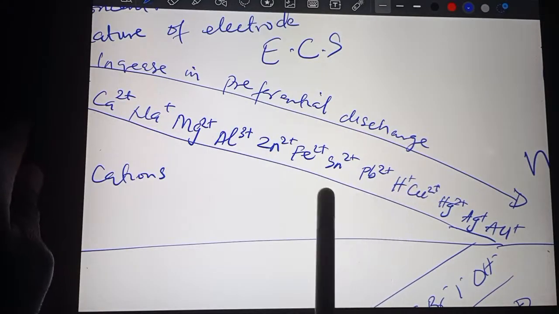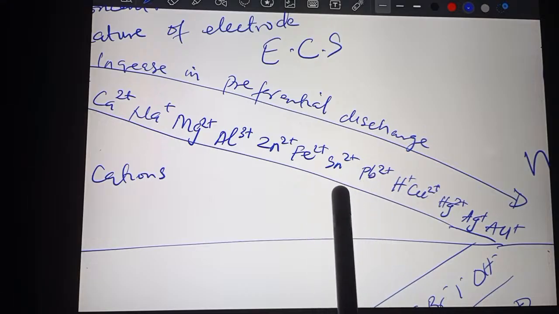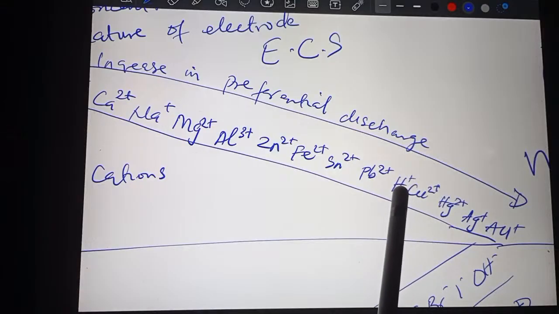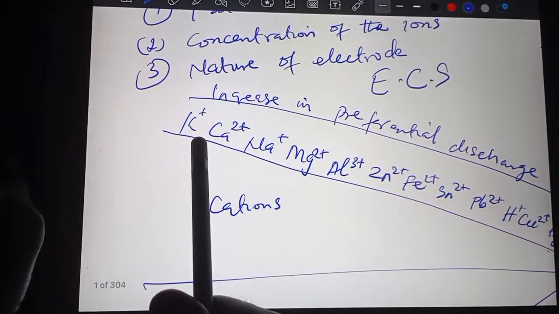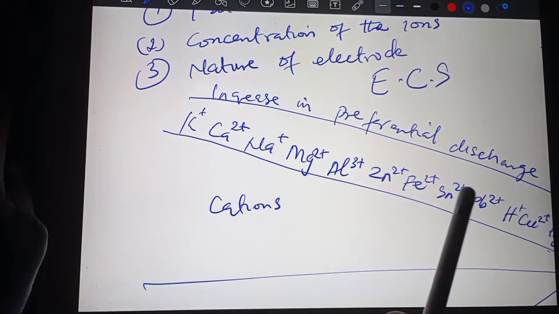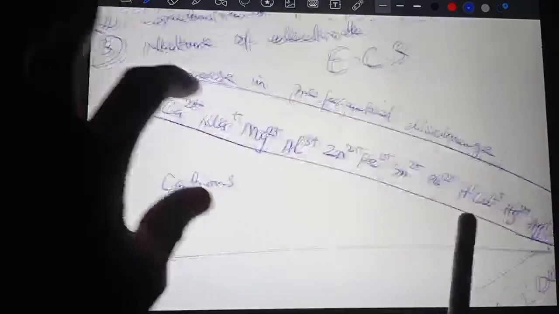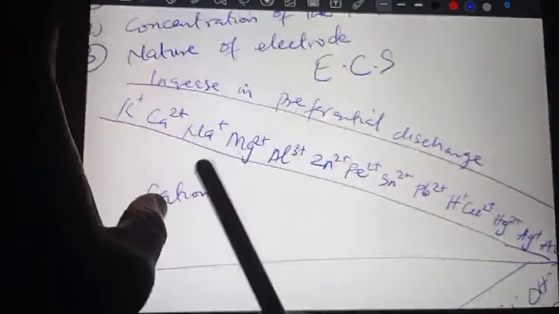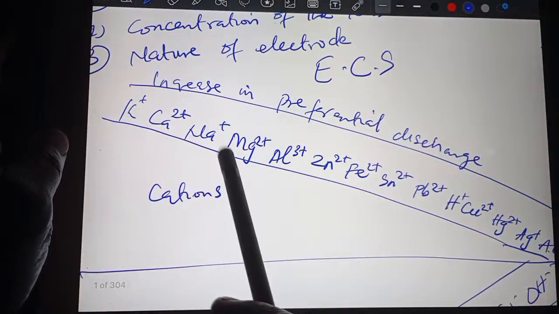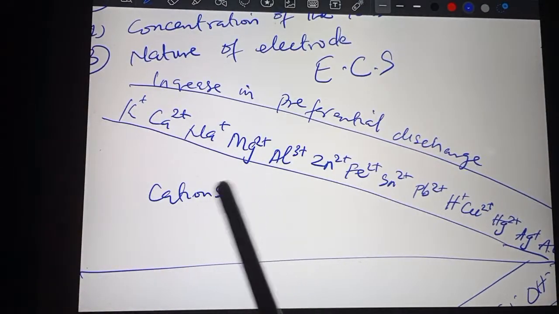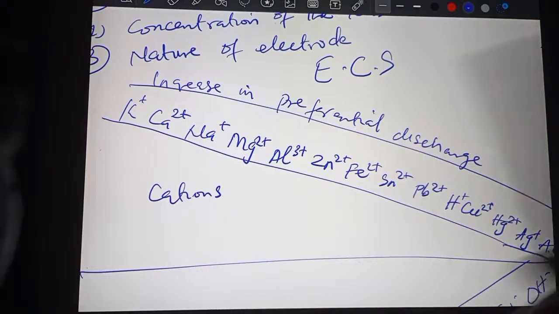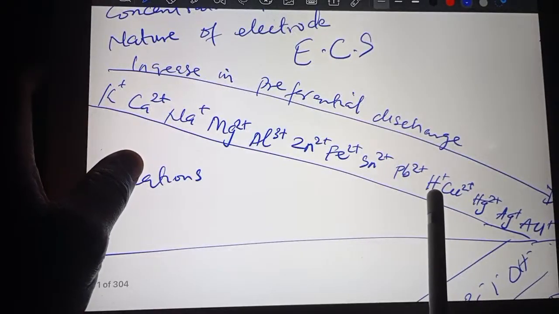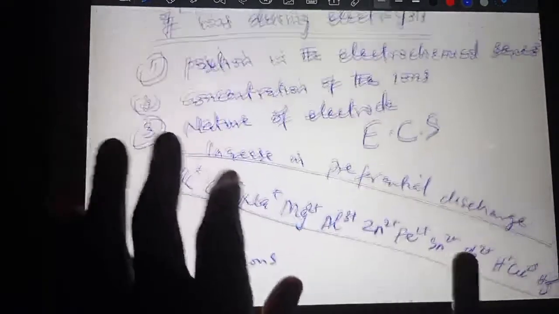So if you electrolyze copper 2 sulfate, aqueous, copper will be discharged. But if you electrolyze zinc sulfate, aqueous, hydrogen will be discharged and never the zinc. So the same thing, if you electrolyze the aqueous solution of all these metals above hydrogen, you will rather get hydrogen instead of getting the metals. So we can never get potassium, calcium, sodium, magnesium, aluminum from the electrolysis of their aqueous solution, not electrolysis of their molten compound. Why? Because of the preferential discharge of hydrogen gas. That is it for position.